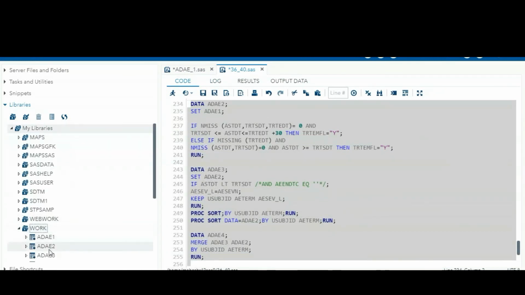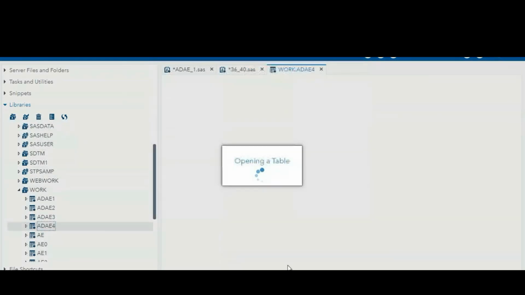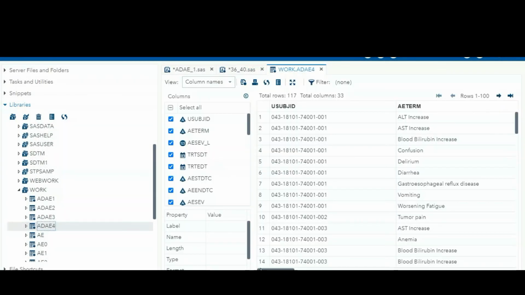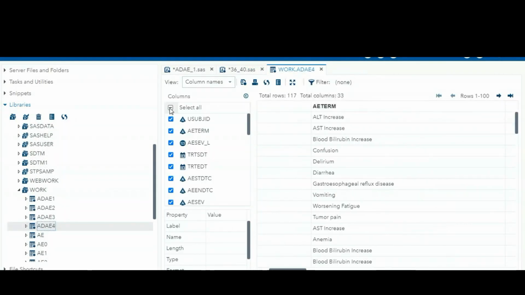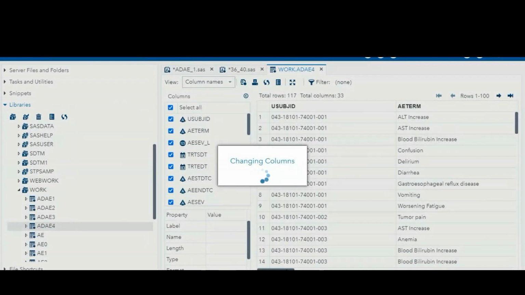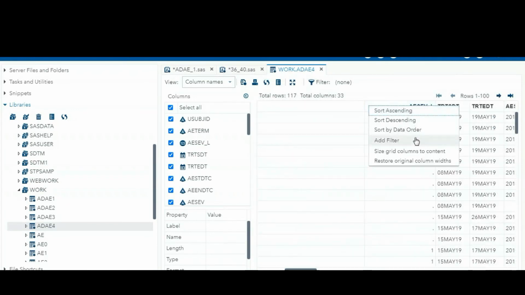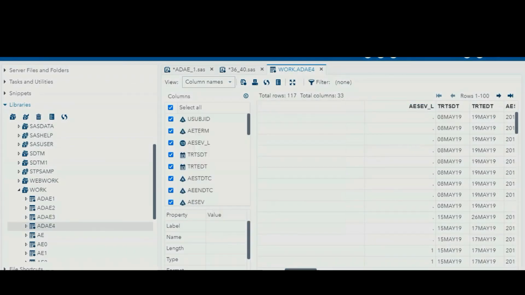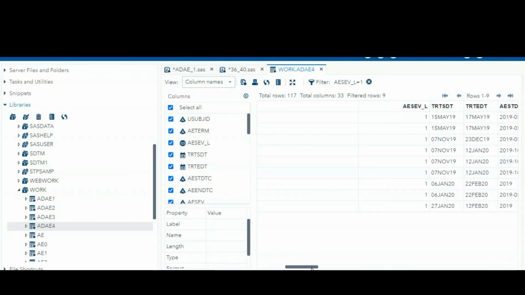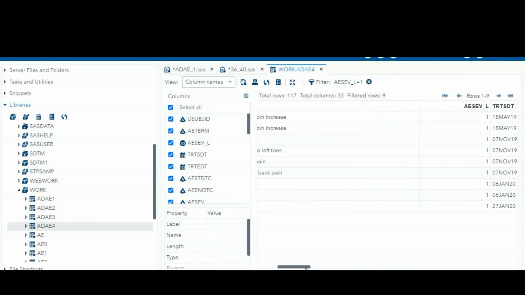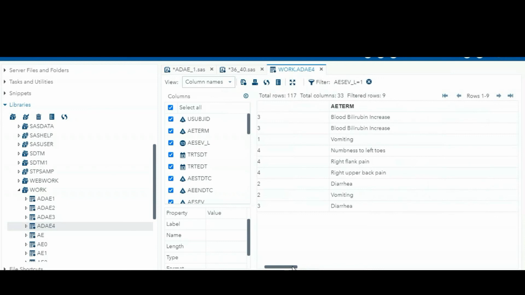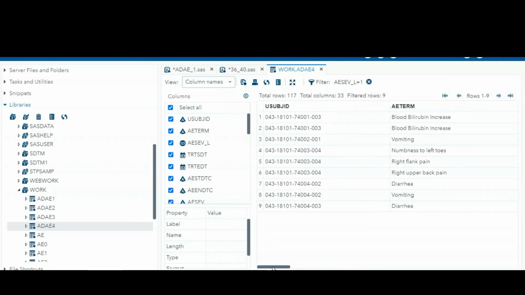so ADAE4 data set, filtering this is the one. So here you can see these are the adverse events which are there prior to the treatment. Here blood bilirubin increased has 2 records for the third subject.